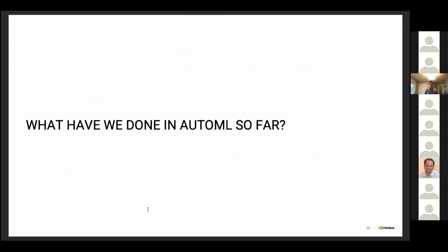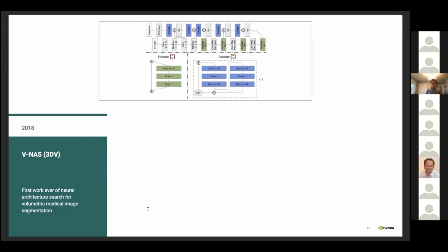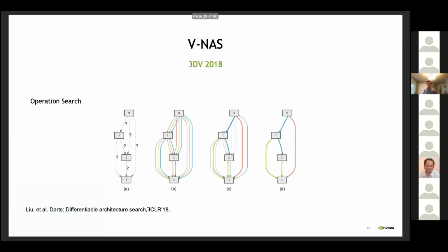So from our team, what have we done in AutoML so far? We have been working on this topic for a couple of years. Firstly, we introduced a concept called V-NAS. It's the first work ever using neural architecture search for 3D medical image segmentation. The concept is using differentiable architecture search. Basically, we are trying to